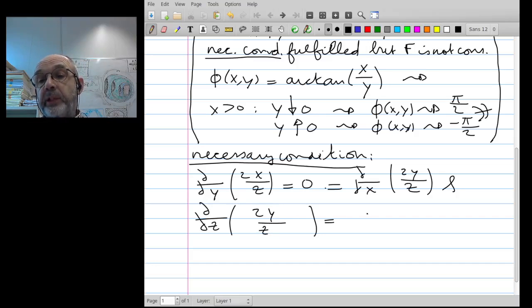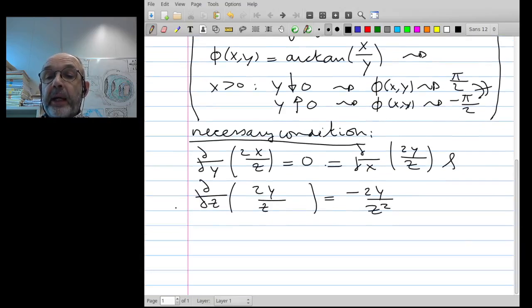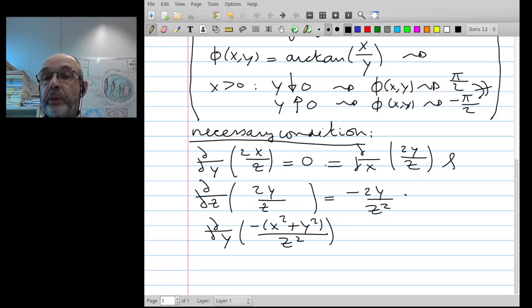If you differentiate to z, you get minus 2y divided by z squared out of it. And that has to be equal to the third component differentiated to y, and that is going well. So that is also true. So the first condition is fulfilled, second condition is fulfilled,